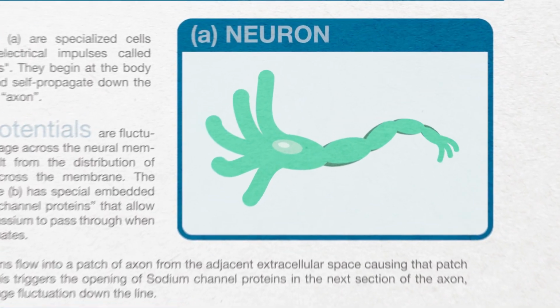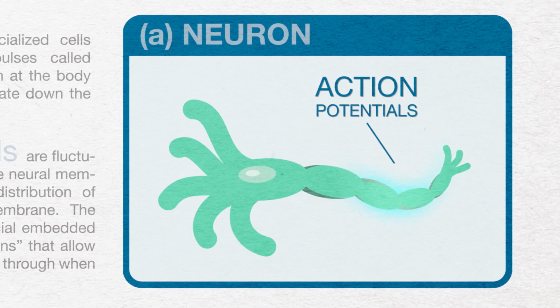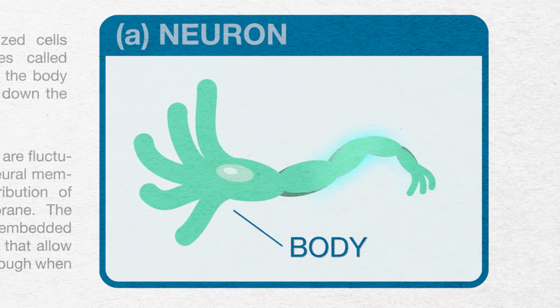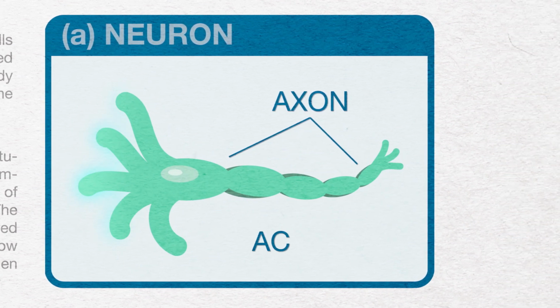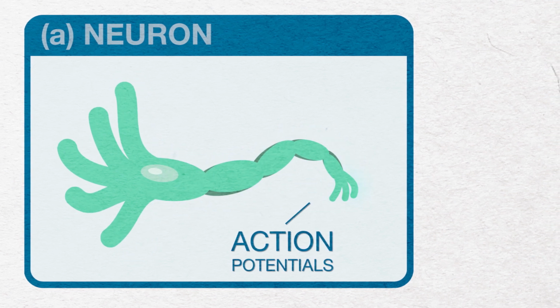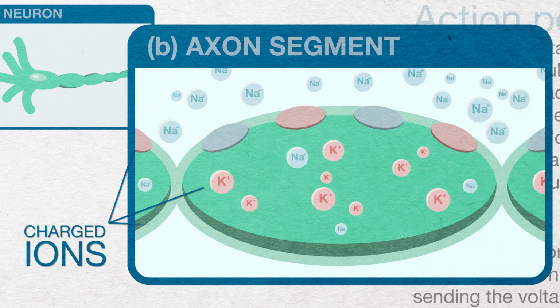Neurons are specialized cells that generate electrical impulses called action potentials. They begin at the body of the neuron and self-propagate down the branch called an axon. Action potentials are fluctuations in the voltage across the neural membrane that result from the distribution of charged ions across